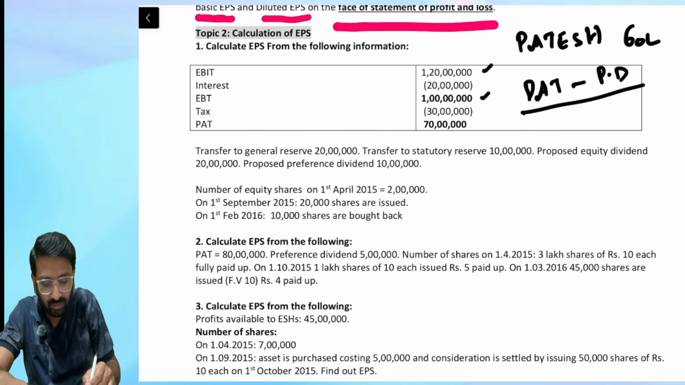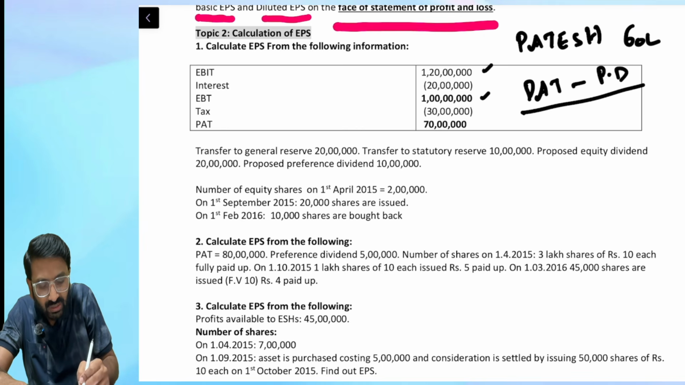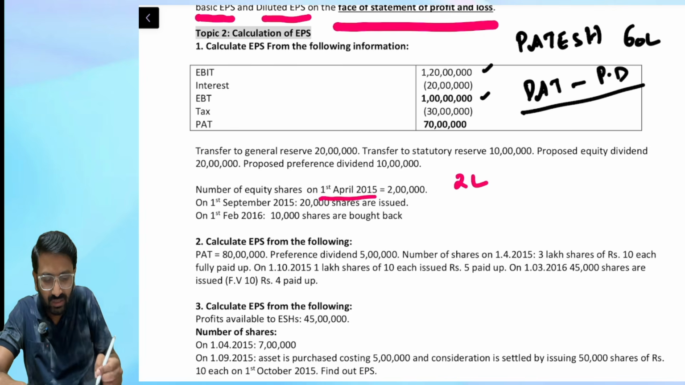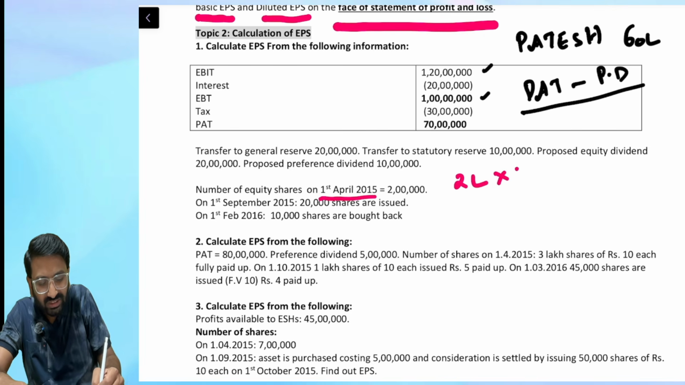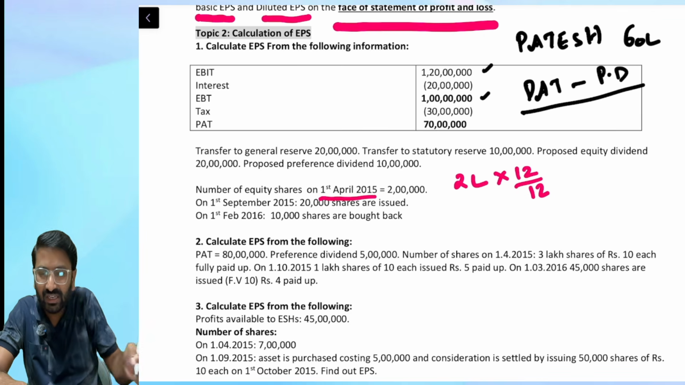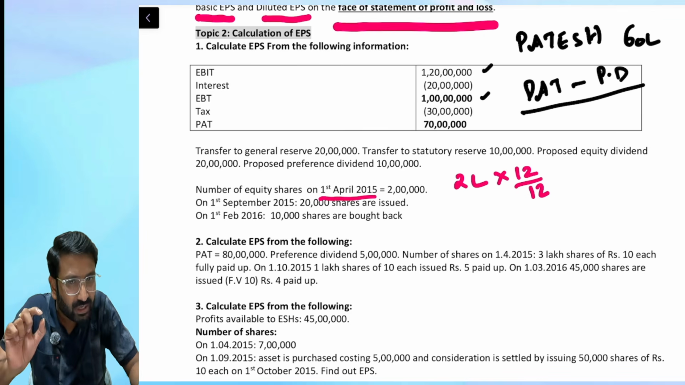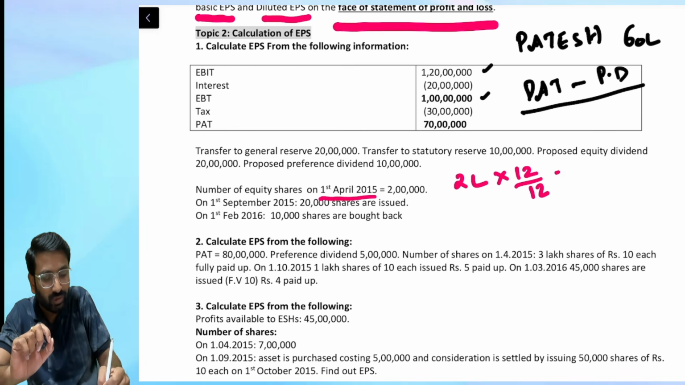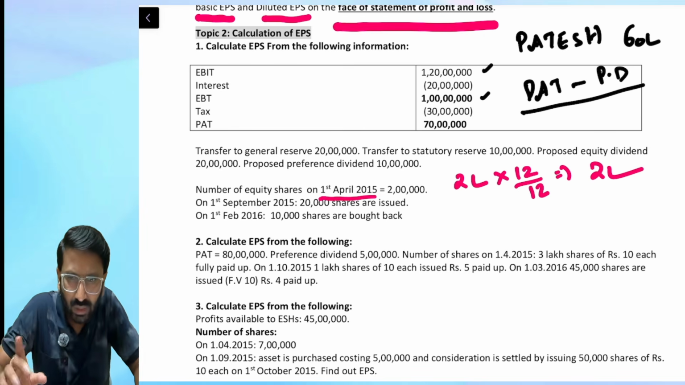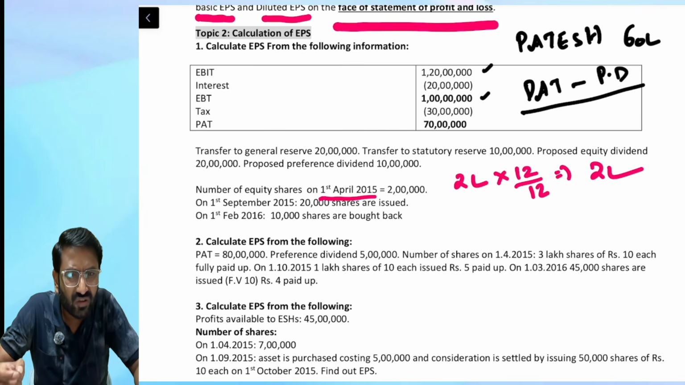In the denominator, it's given to you: number of equity shares on 1st of April, 2 lakh. So can I say at the beginning of the year, 2 lakh shares are there. These shares will be outstanding for the entire year, so I'll consider the period weightage. 2 lakhs into 12 by 12, 2 lakh. Okay. Next, on 1st of September,